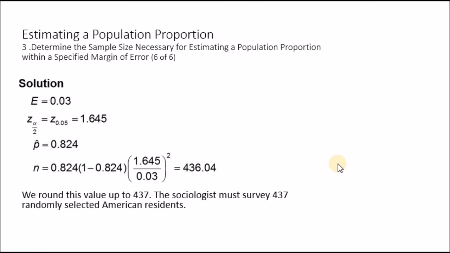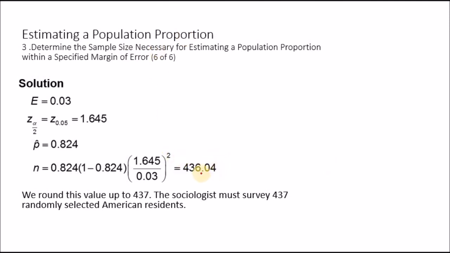So we have the margin of error 0.03, and we have Z sub alpha divided by 2. We previously computed that number. And we have p hat, so n is equal to p hat times 1 minus p hat times Z sub alpha divided by 2, divided by the margin, all squared. And the answer is